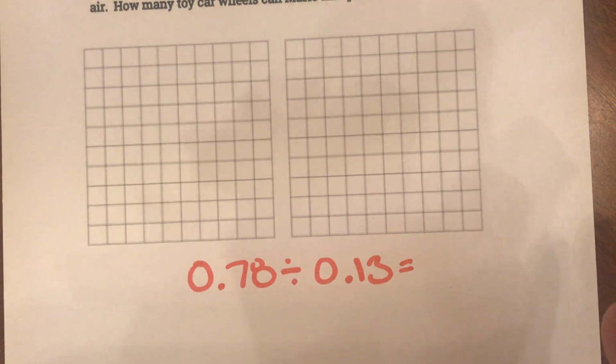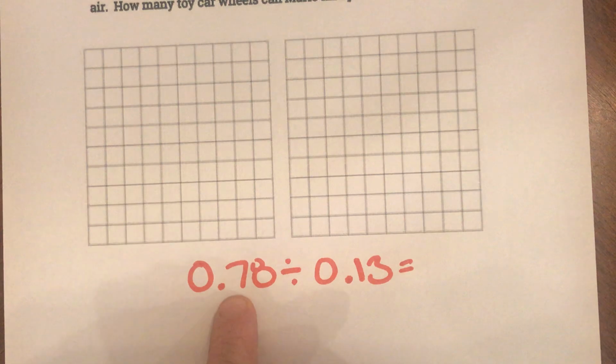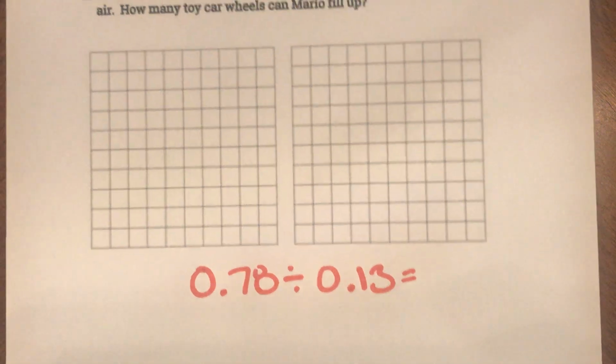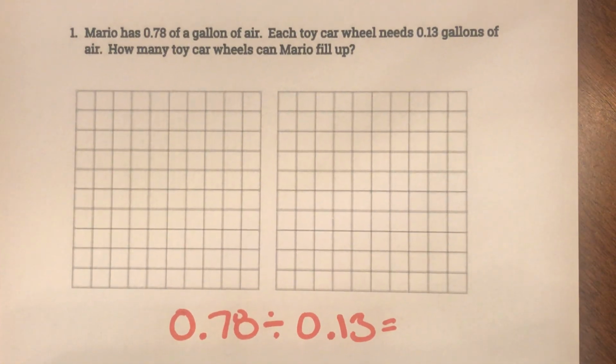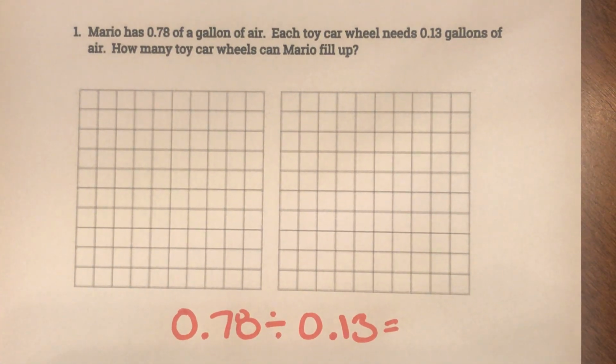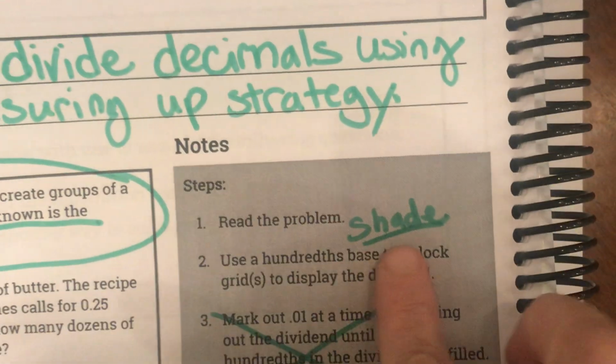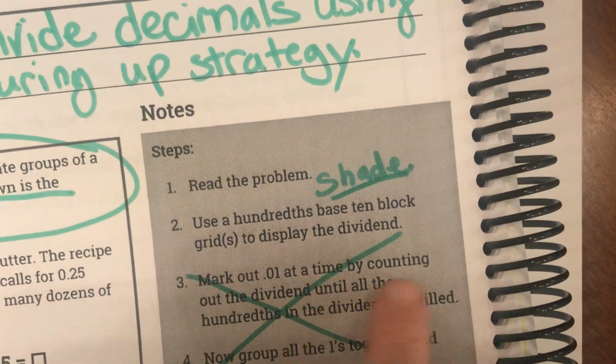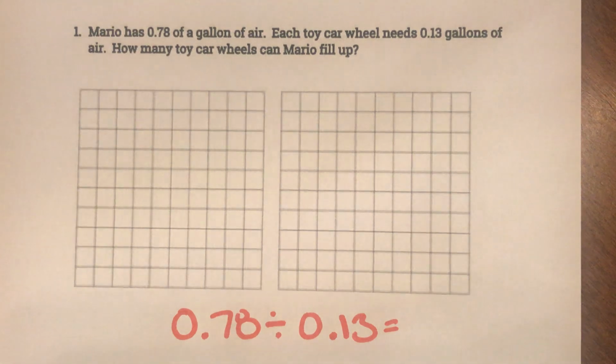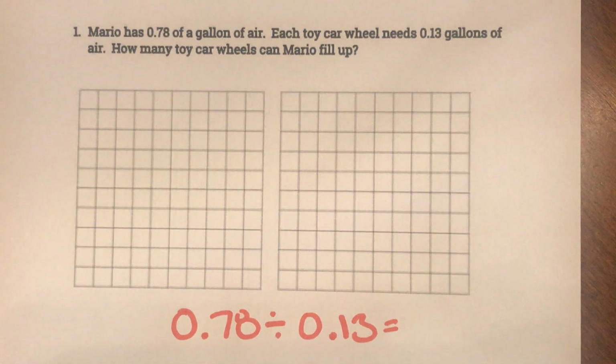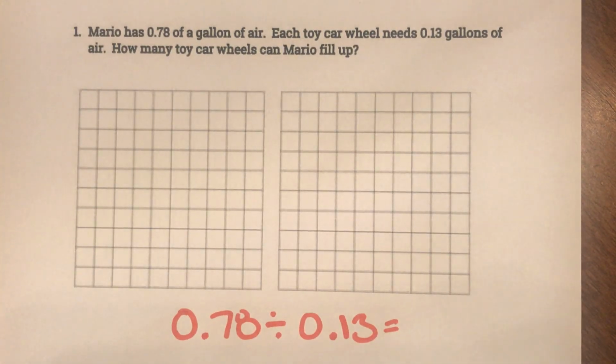Okay. Now a hint, because I'm dividing a decimal by a decimal, I'm going to use this measuring up strategy. Okay, when it's a decimal by a decimal, we're going to use this measuring up strategy. Okay, so my first step says, read the problem. I just did that. Then it says, I'm sorry, friends, I was showing you the wrong paper. Then it says to shade in the dividend. So I'm going to shade in the dividend. Okay, so my dividend is